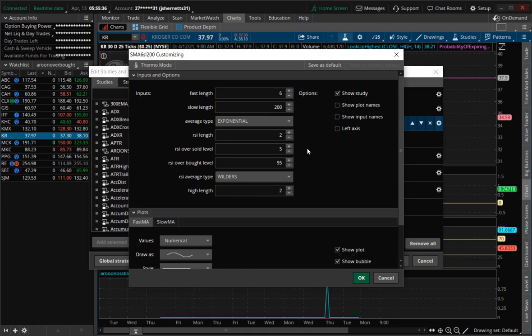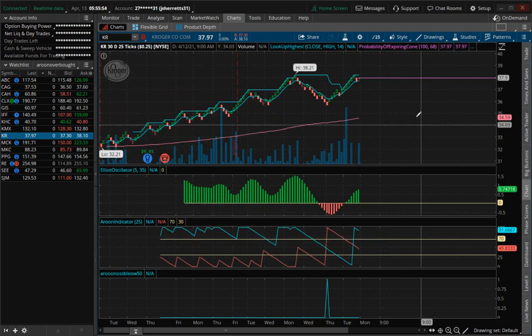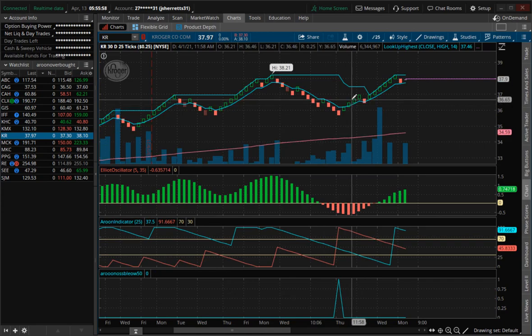RSI 2, oversold 5, RSI overbought 95, okay? This is an average type of a Wilders, but we can change it to Hull, weighted, whatever we would like. Simple also works very well. So now looking at Kroger's, we would have gotten this signal or this signal as our